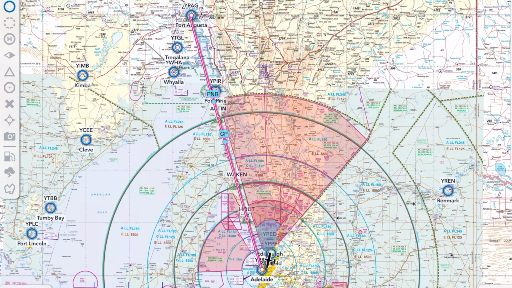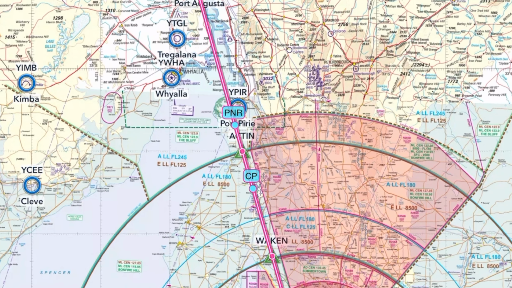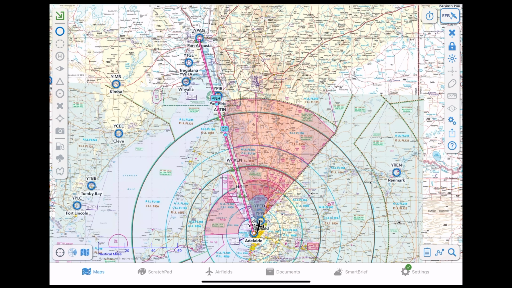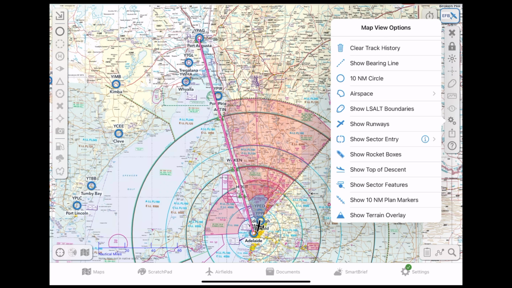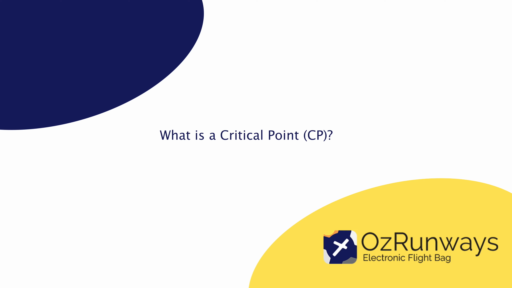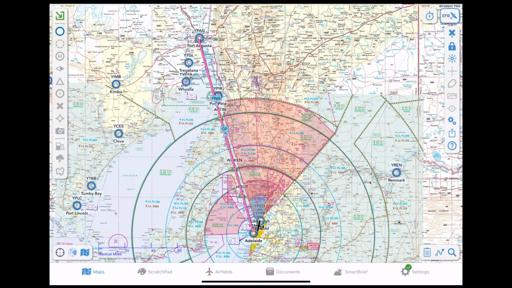Welcome to this video on using critical point and point of no return normal ops in Oz runways. To enable these points on the map, ensure you have selected Show Sector Features in Map Options. The critical point, or as it is now called, the Equal Time Position, ETP, is the point along track from